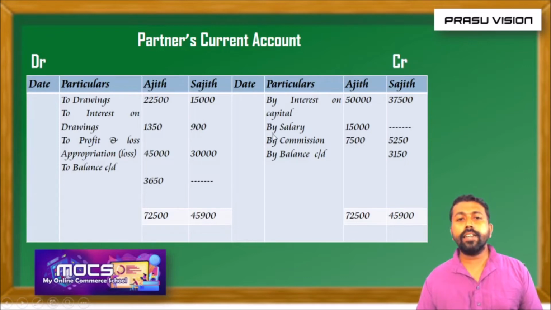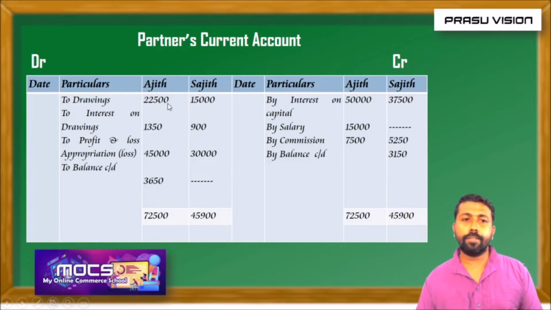Then we are writing partner salary, and in this question only Ajit is getting salary. So, we have written it in the column of Ajit. We have recorded only for Ajit the amount 15,000. Then commission amount is also given for both the partners. The respective amount is recorded here. Then we have recorded amount of drawings as per the question. It is separately given 22,100 for Ajit and